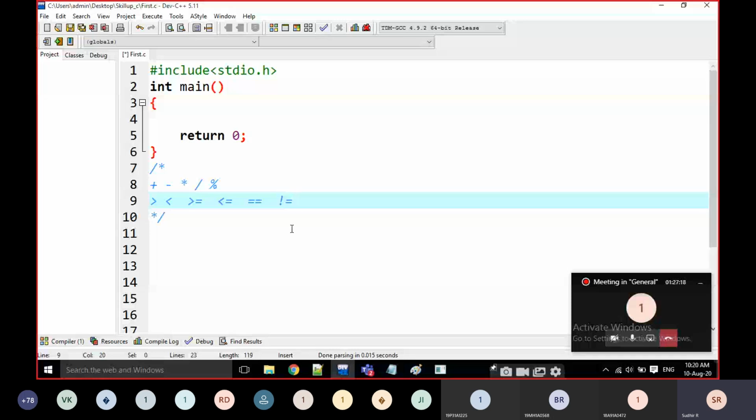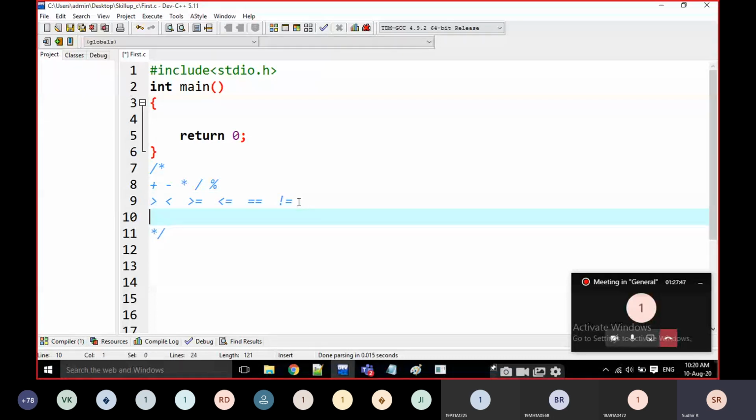This is a comparison operator. Note down everyone: greater than, less than, greater than or equal to, less than or equal to, equal to and not equal to. These are the relational operators.